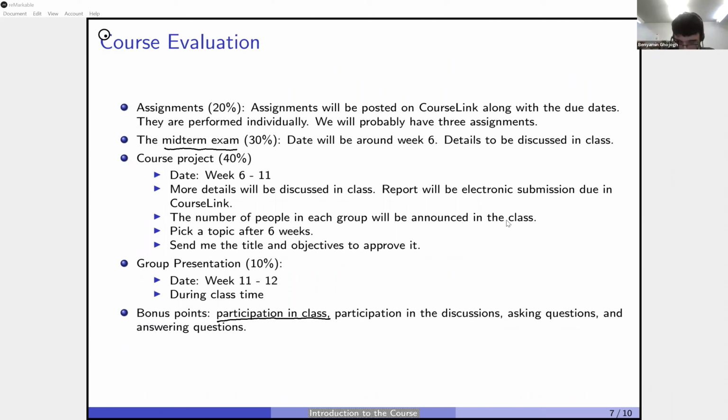How do I know the participation of people? If they discuss, because I'm not going to ask people. I don't like that. If you are here or not, I want you to discuss, participate in the discussions, ask questions, answer questions. If someone asks a question, I will answer, you also answer. Say, I have a comment on that too. Or if you have a follow-up question, feel free